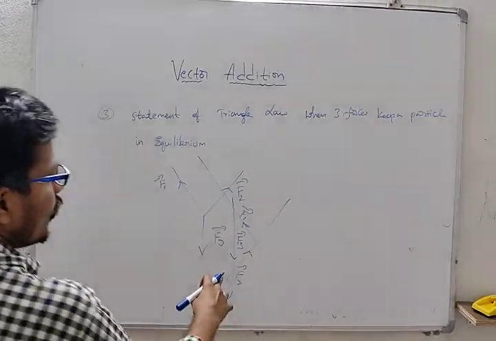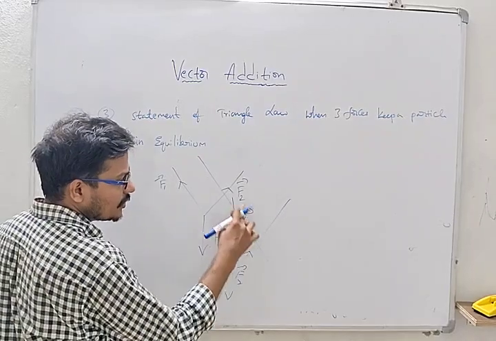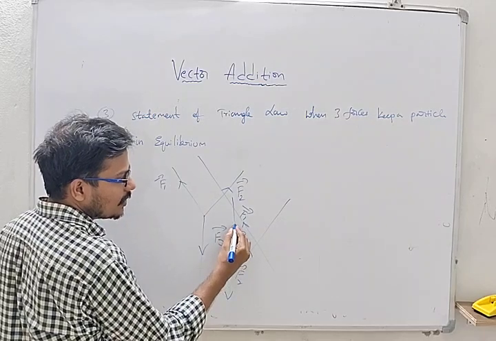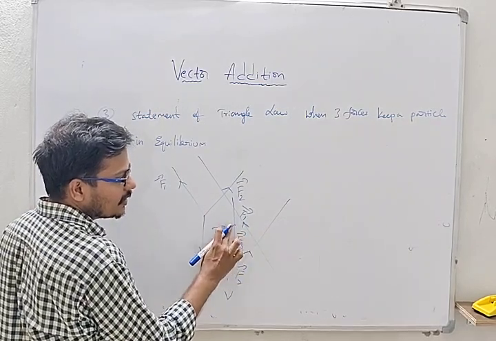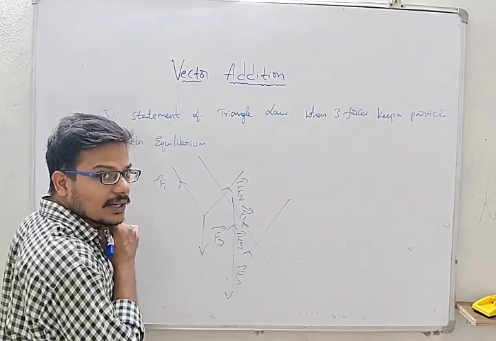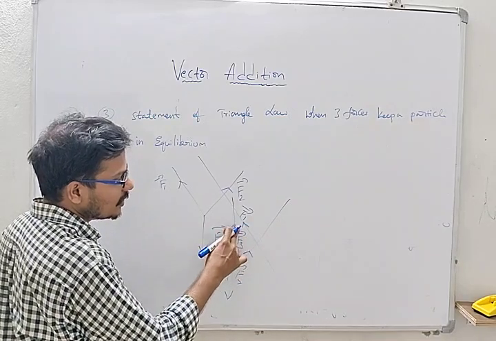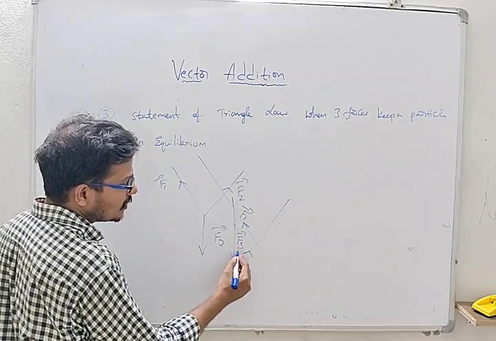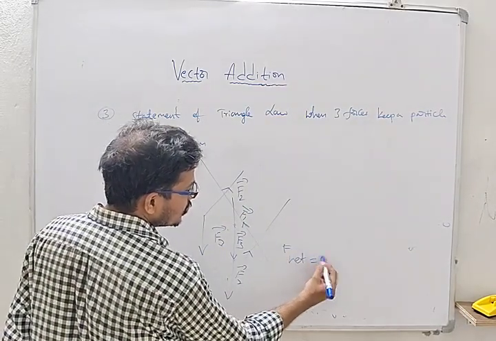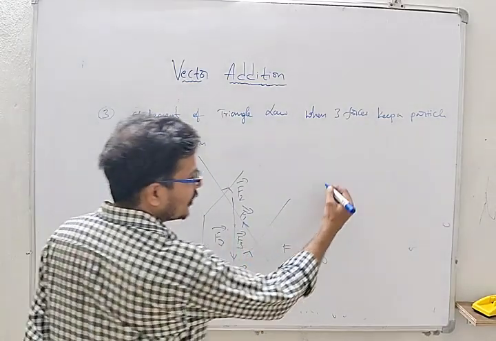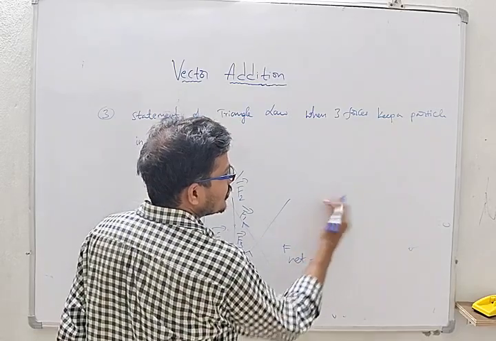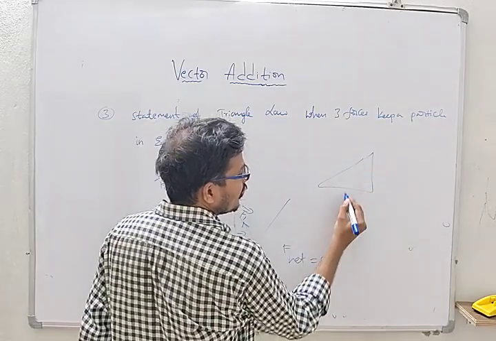So here the directions are in the same sense. I shifted this already from this to this. If it is in this direction, it is opposite to these two vectors. When I write in the same direction, the net force is 0. That means I reversed it. When a vector is reversed, its sign changes. For example, this is the triangle.